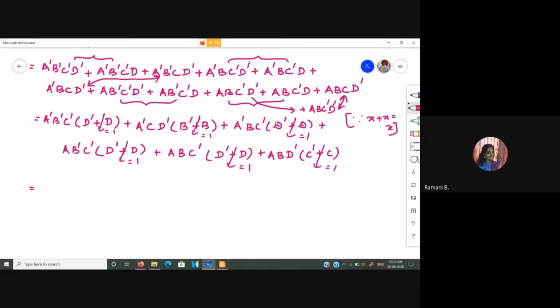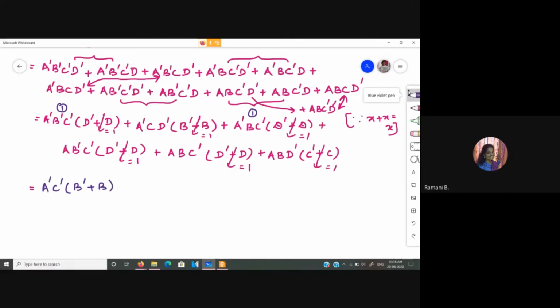So now again, if I try to simplify, I can group these two terms, a bar b bar c bar. Either this a bar b c bar, or I can group with a b bar c bar. Anything is fine, but I am grouping these two. So with that, I have a bar c bar dot b bar plus b, and